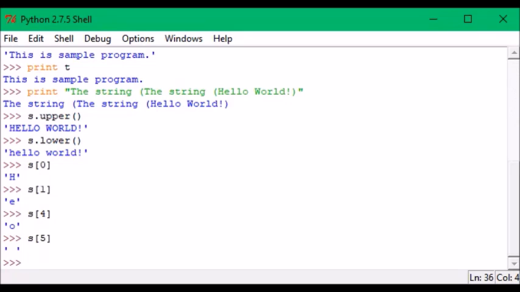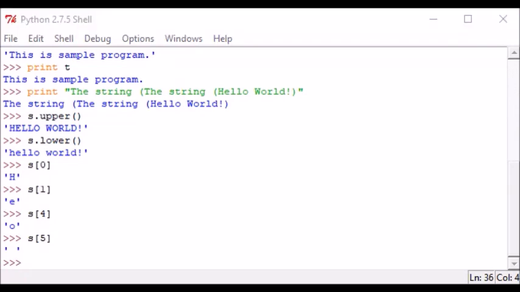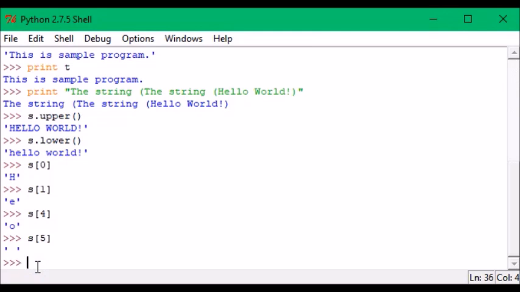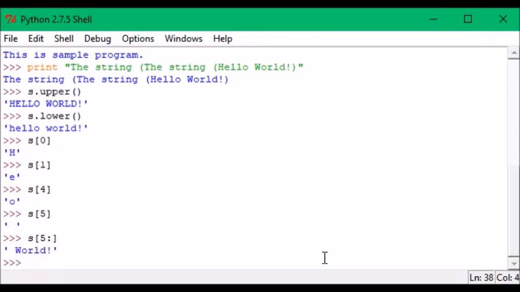If you want to access what is available after the fifth character, what you do, you just type s of 5 and then colon. So when you type s square bracket 5 colon, that means after the fifth character, what are the characters, it will open like world.